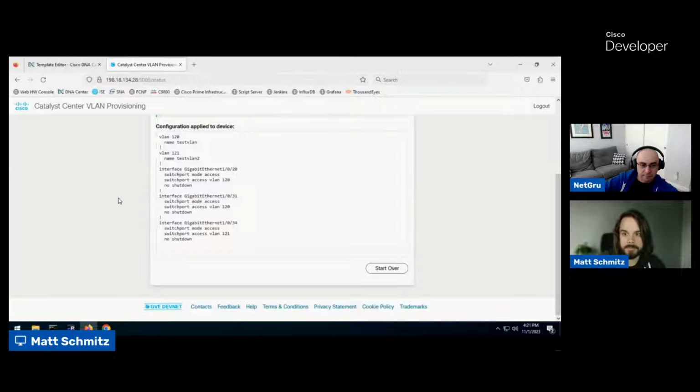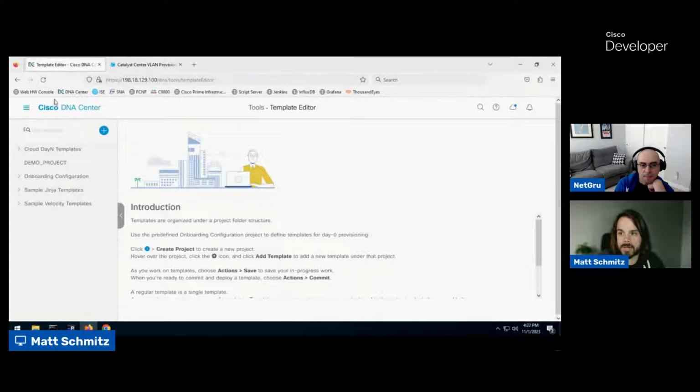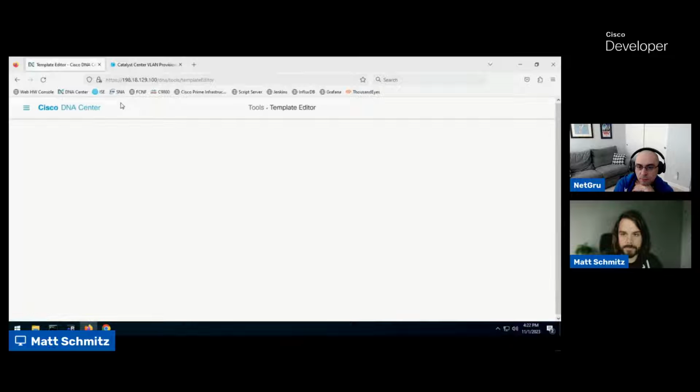Yeah, absolutely. This could be easily extended. I'll show in a minute when we get to the code that this is all just Jinja templates in the background, similar to DNA Center. So even when I handed this code off to the customer, they were easily able to edit it. In this case, I'm just saying, here's the VLAN, 120, 121, all that fun stuff. And then this is doing a no shut, making sure that it's mode access and access VLAN. So those templates could be edited to add additional commands per port or per VLAN, as well as, to your point, if we wanted any other templates or any other config to be deployed, that could just be added as well. And if we wanted to hop back over to DNA Center, if I refresh this template page,